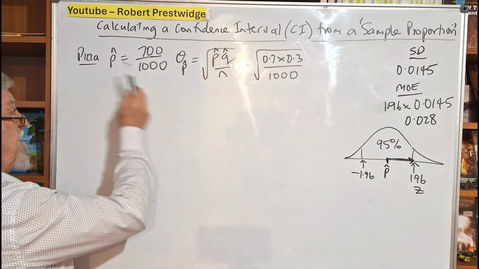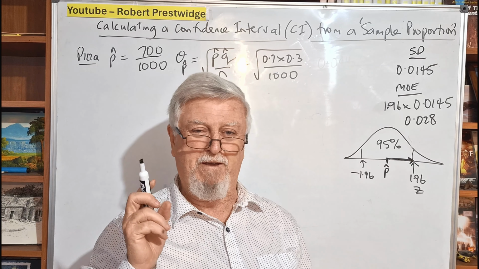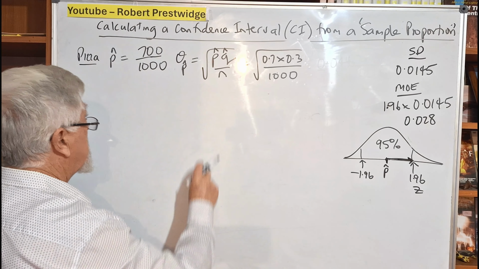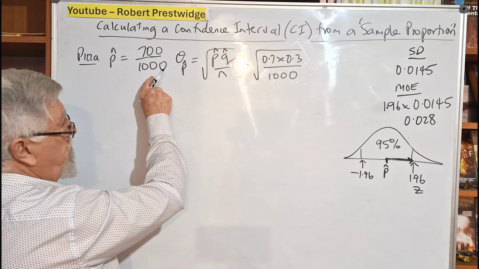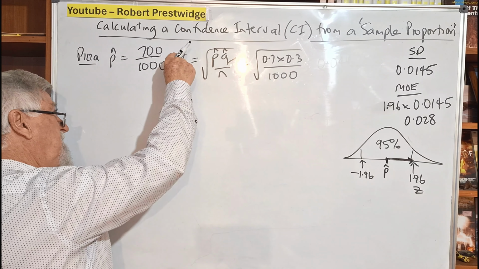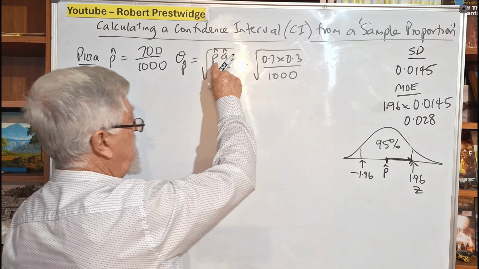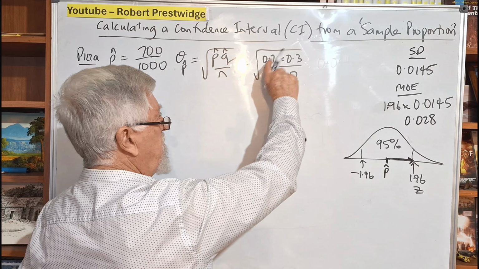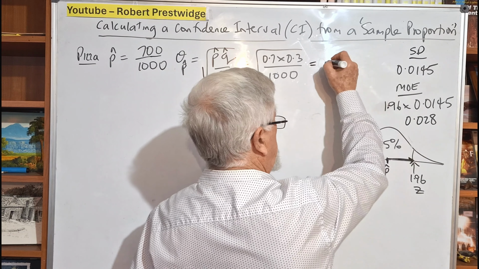So now, instead of getting a sample of 70 out of 100, let's say, I'm going to make the figures easier, we've got 700 out of 1,000. So we still have a p-hat of 0.7. So how do we calculate our standard deviation using the sample proportion? It's still going to be the PQ on N. So it's still 0.7 by 0.3 on 1,000, and that turns out to be this number over here,